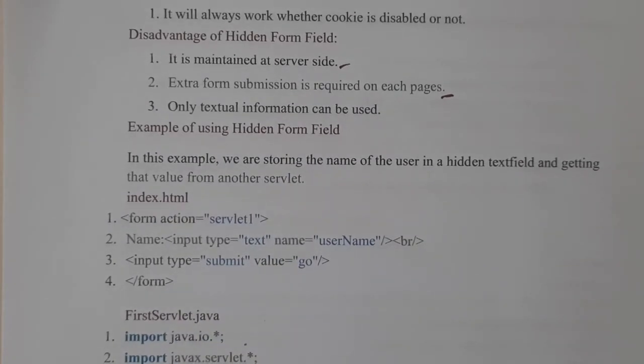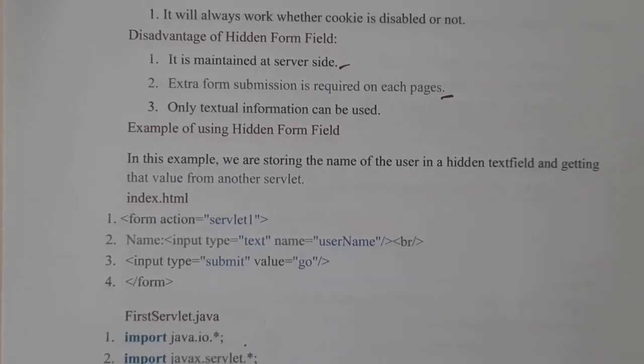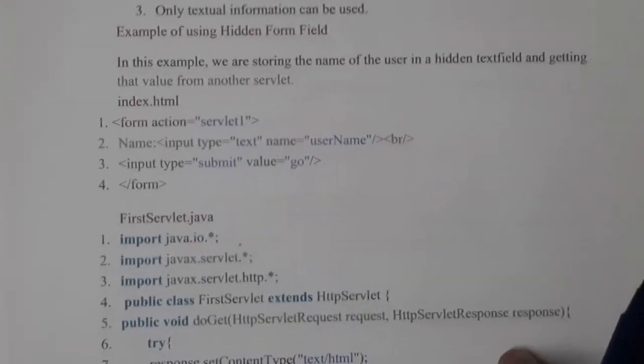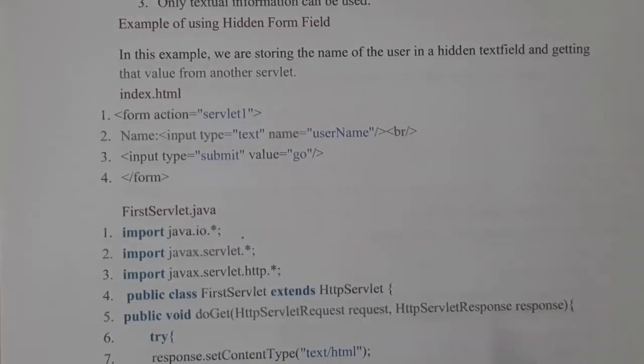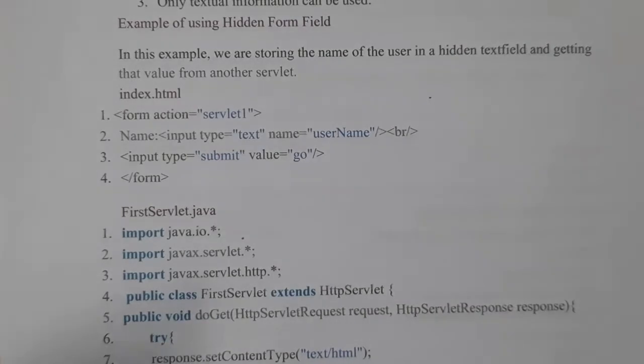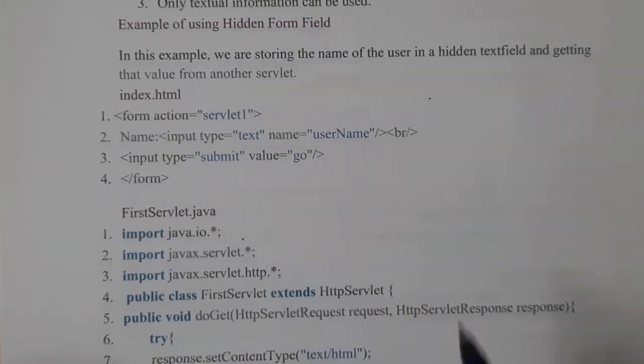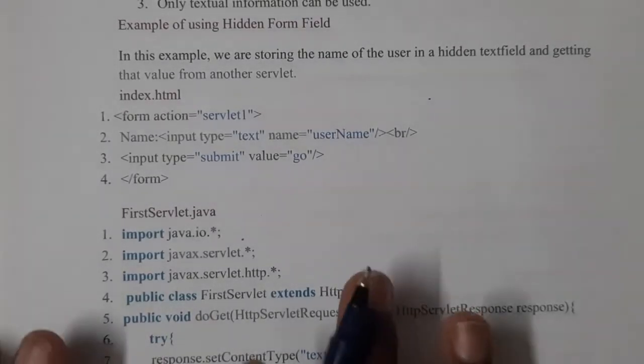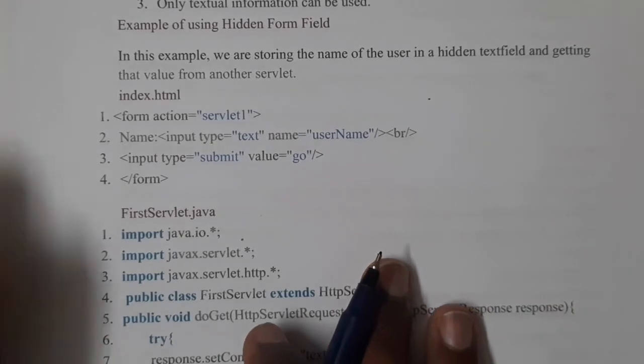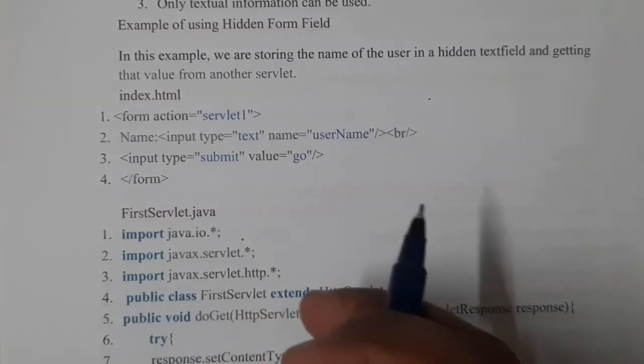As with the cookie, we are transferring only textual information. Okay, so now as usual let us go through some basic examples. We'll be going through the same example. If you observe this, you will be recalling it, but here we will be using hiding, where you will be transferring the information in a hidden format.